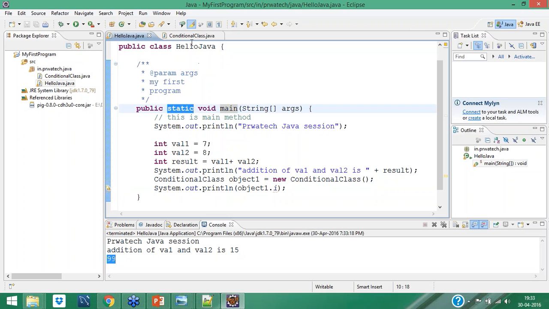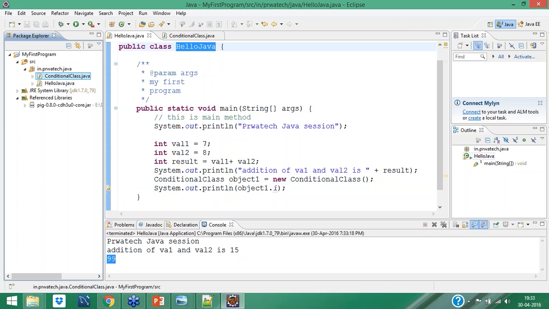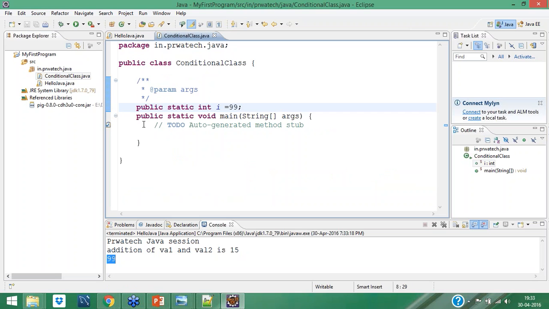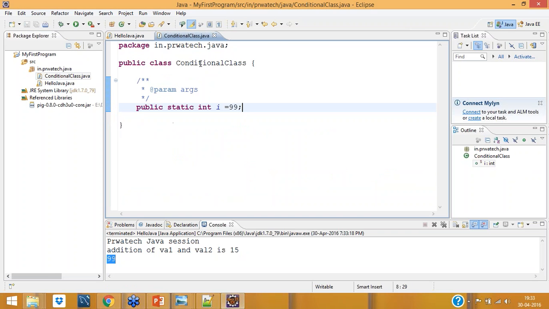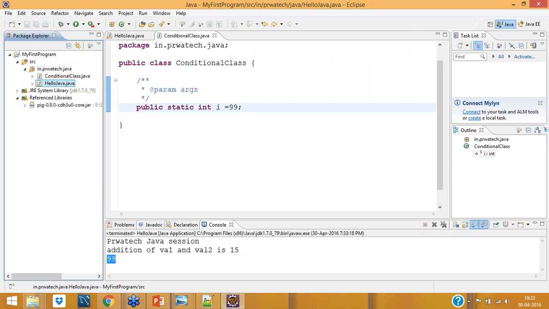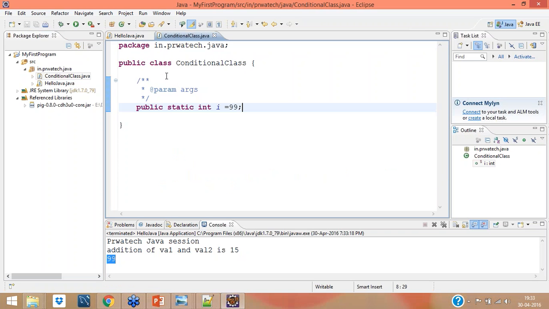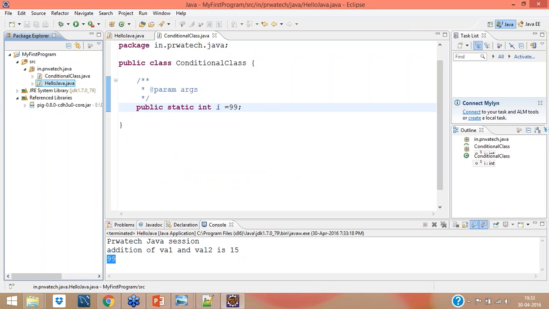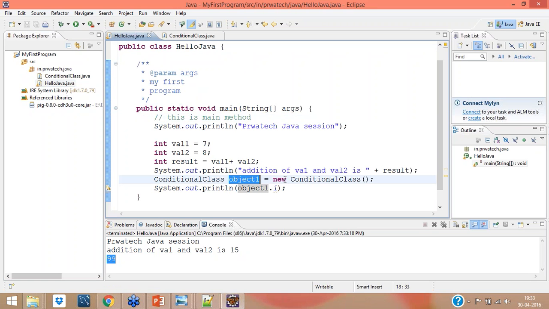But to get this class, see here this public static void main is written. If I remove it also, we don't care about public static void main in this class right now because this is getting called here. So whatever information this class has, it will go and sit here. It will say, I am object1, you can access my public values whatever you want.